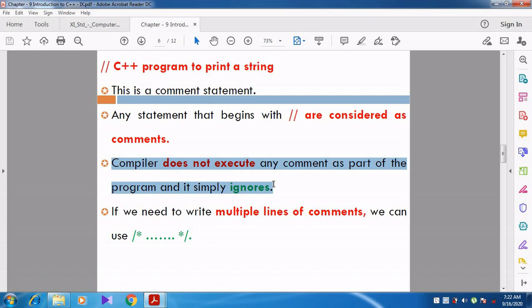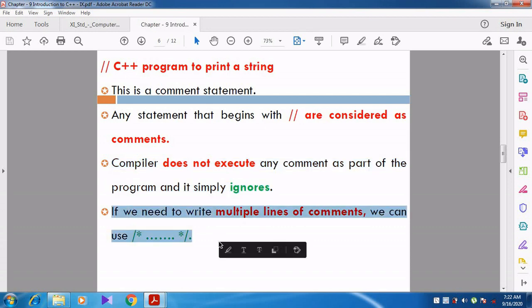Whenever you want to write one or more lines, whenever you want to give multiple lines of comment, you can go for a multi-line comment, which starts with slash star. Then one or more lines are typed, and then you complete it with star slash.